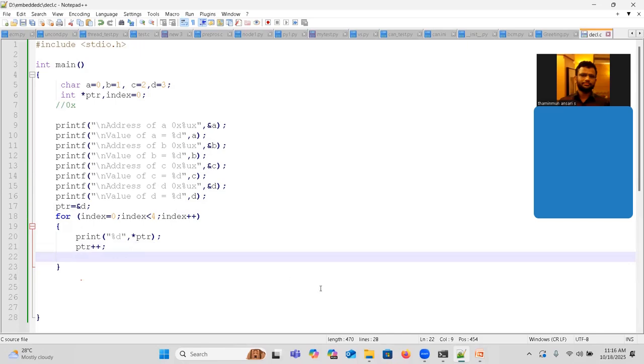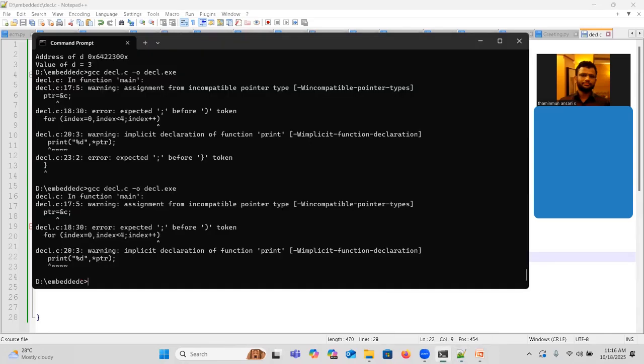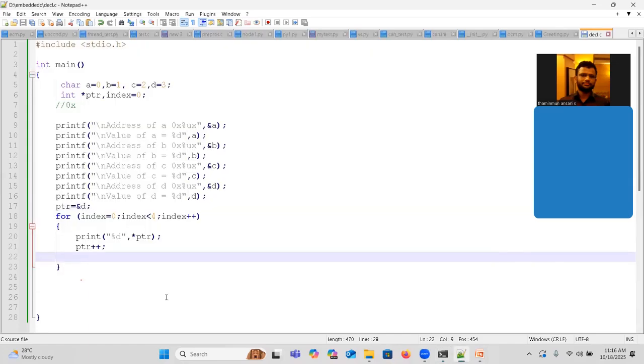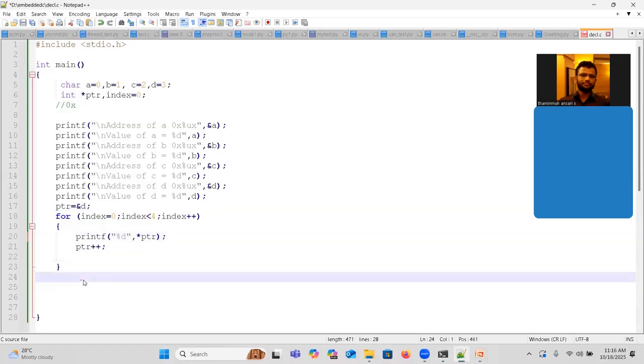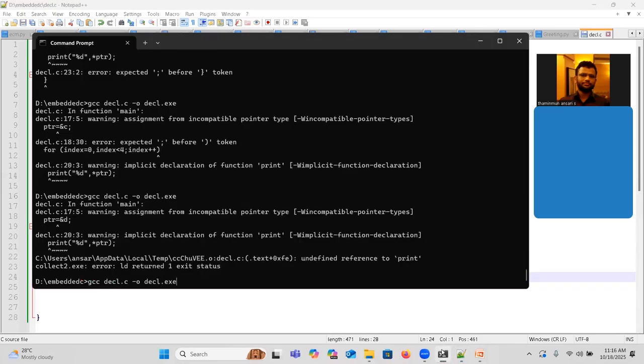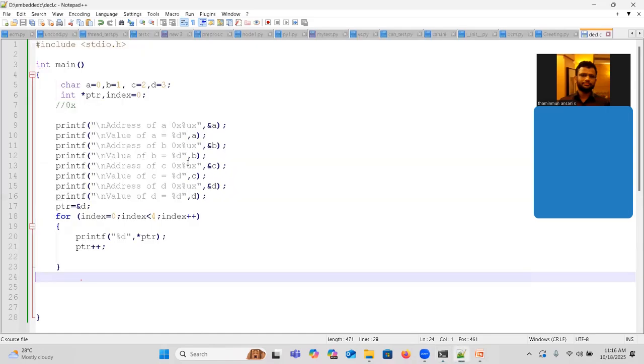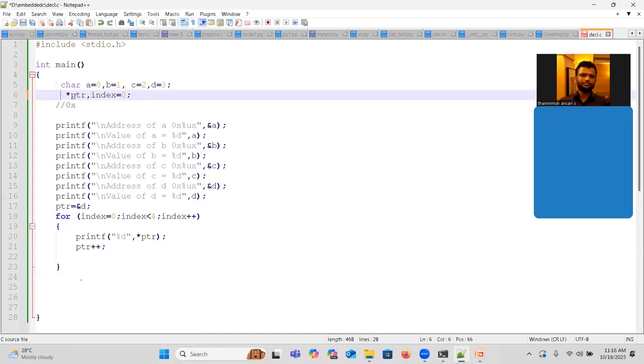So it is moving forward and it is decreasing. Okay. As we are working with Python and other stuff, ptr equivalent to address of d. Assignment from incompatible pointer type. Okay, because it is an integer pointer, because this data is character, so we have to declare a character pointer. So what I can do, I can convert this also to char. Now